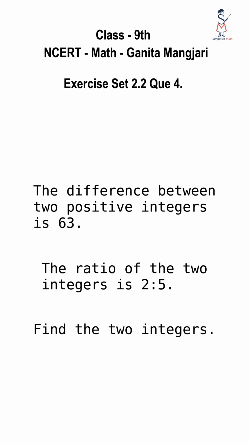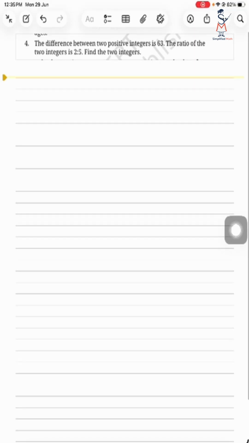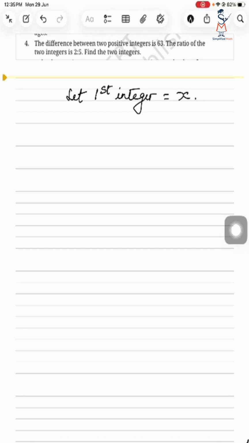We can do the same sum by taking two variables also. But as we are talking about linear equations in one variable, we'll take one variable. As there are two positive integers, so let first integer be x. Now the second integer, as the difference between the two is 63, the second integer can be